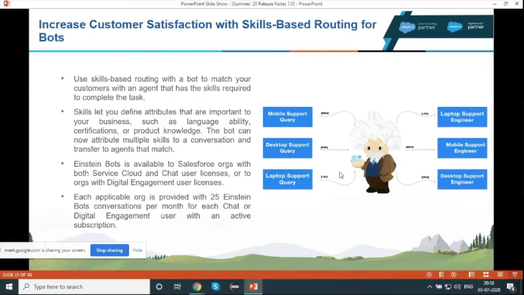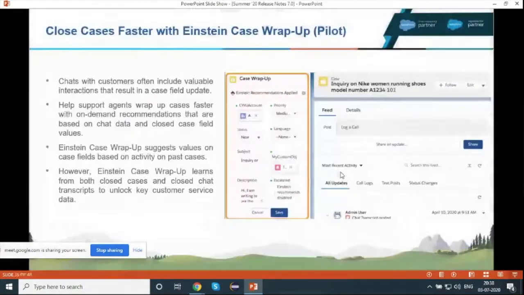All the chats come in. Einstein will do its analysis and transfer the mobile support query to the mobile support engineer, the desktop support query to the desktop support engineer, and the laptop support query to the laptop support engineer, without any help from an agent. This is a great feature to improve the servicing of any company.